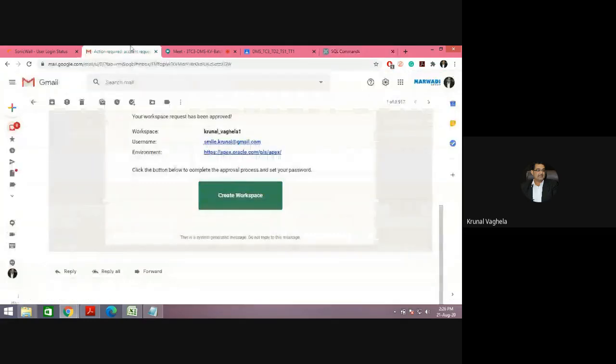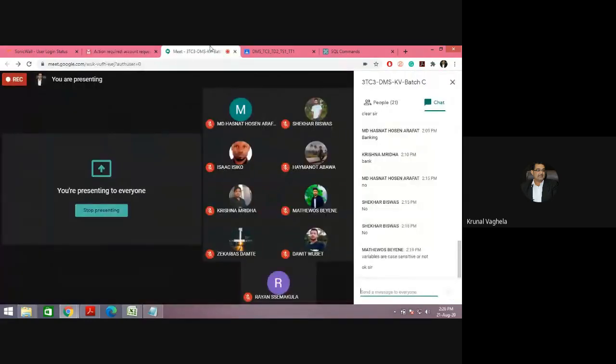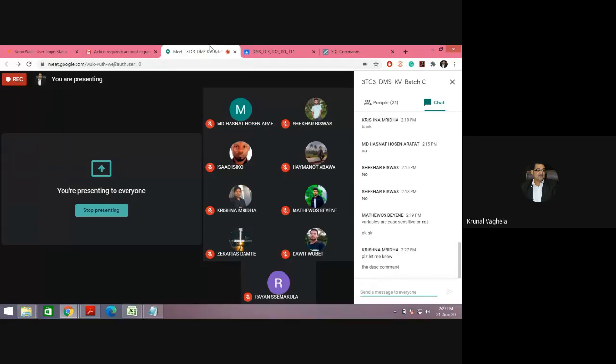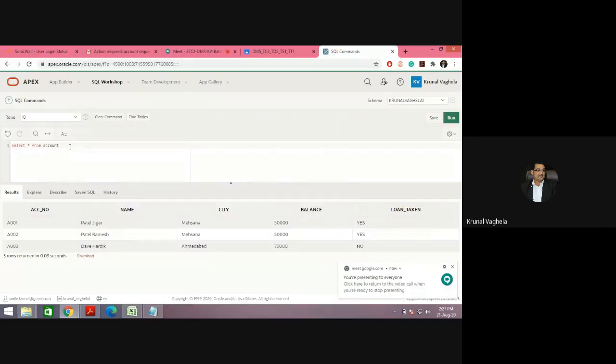Any doubt, any queries? Anyone? This DESC command is to show the structure of the table.